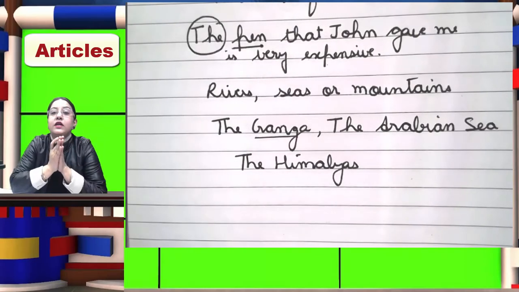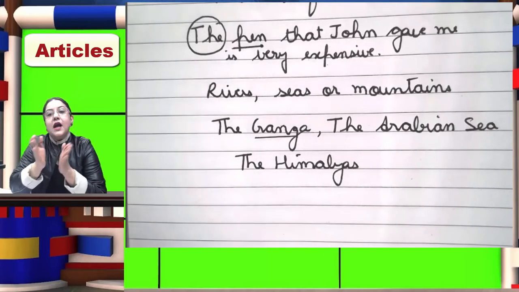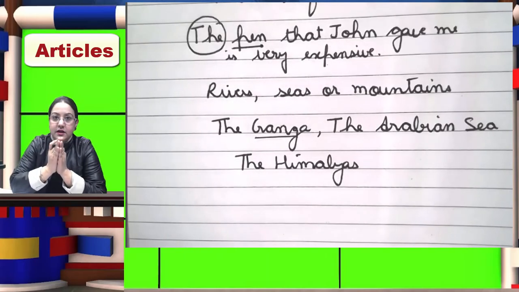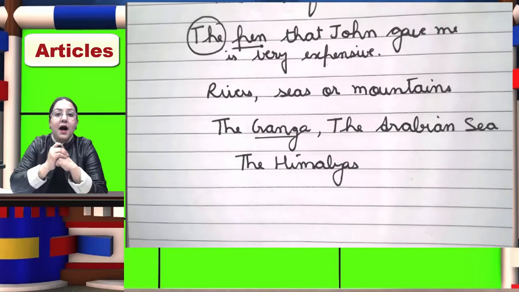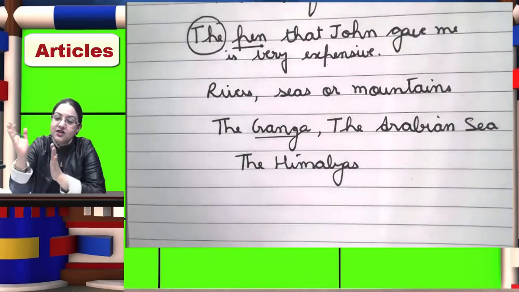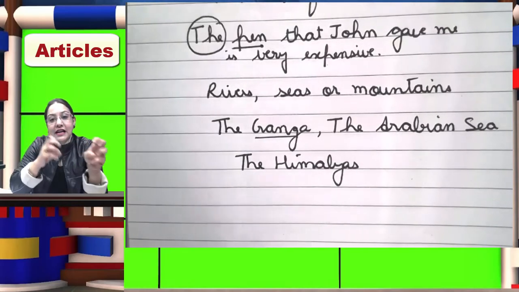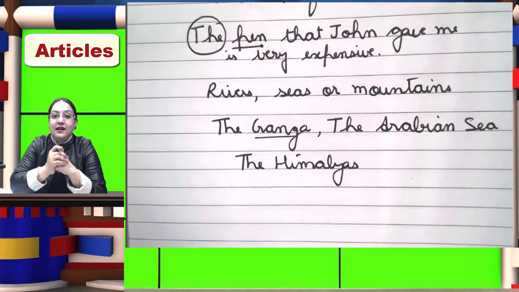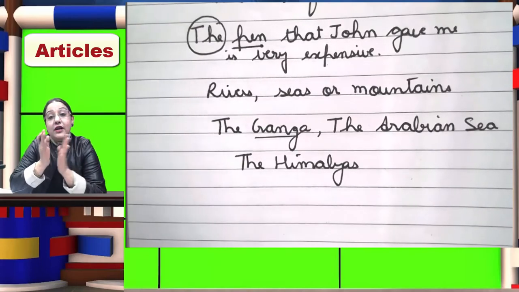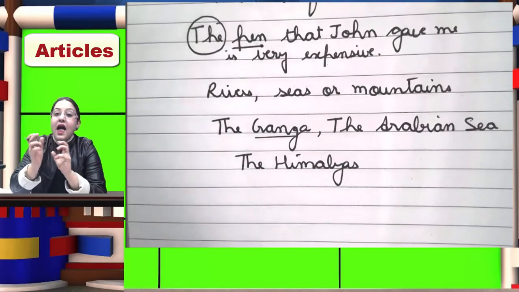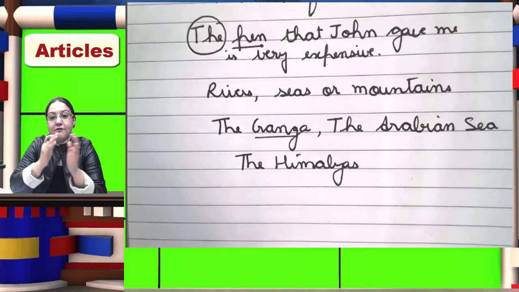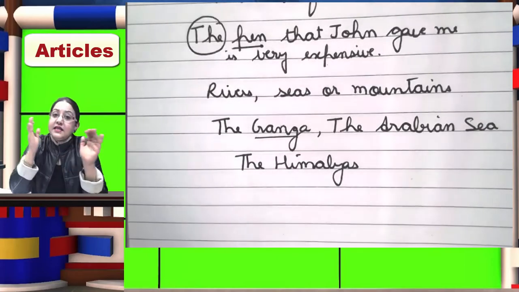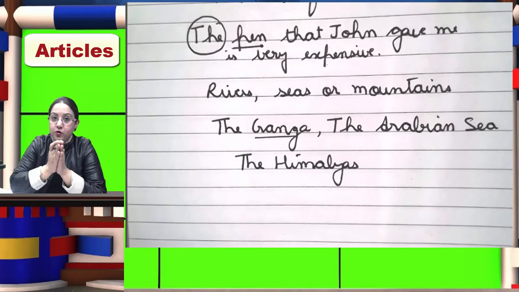Nouns in Hindi, they are called sangya. Proper nouns, they are called Vyaktivachak Sangya, and common nouns, they are called Jativachak Sangya. Abstract nouns, they are called Bhavachak Sangya, and collective nouns, they are called Samuhvachak Sangya. I am relating the English to Hindi so that you can strengthen both your English as well as Hindi at the same time, and you can relate both the subjects. Whatever you have studied in Hindi grammar, the same thing we are studying in English grammar also.